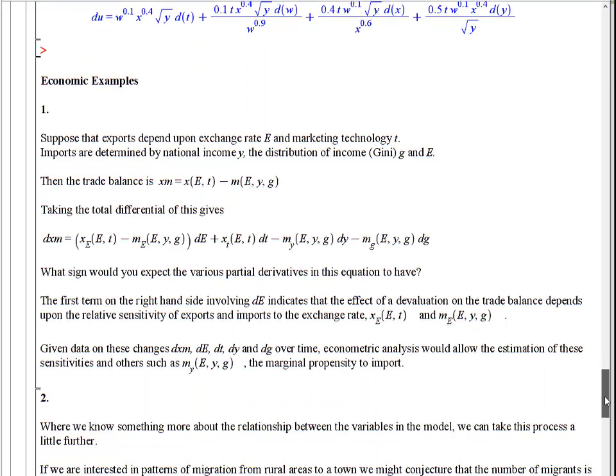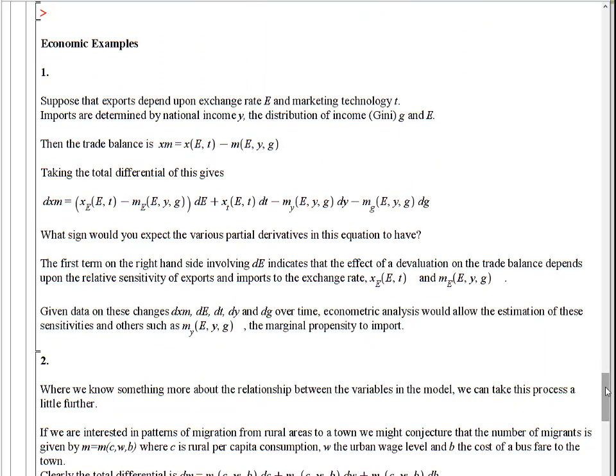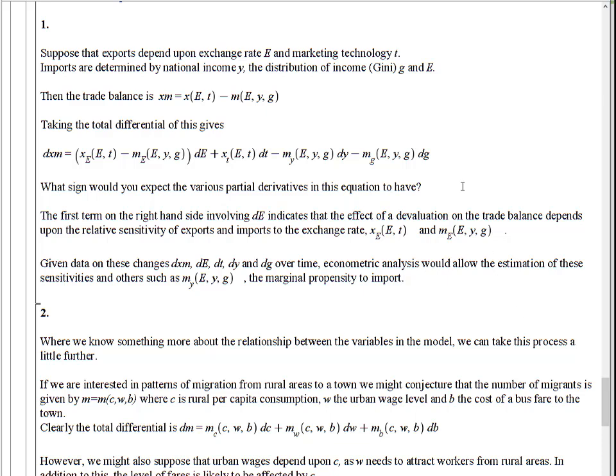Okay, I think we can just talk through these two examples from economics quickly. The first one is, suppose that exports depend on exchange rates and marketing technology. Marketing technology could be very important. For example,